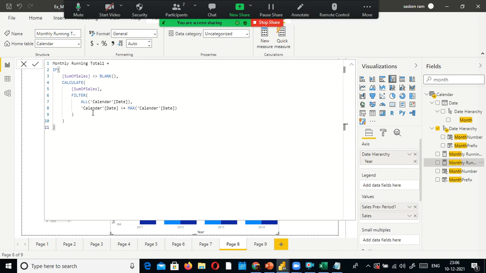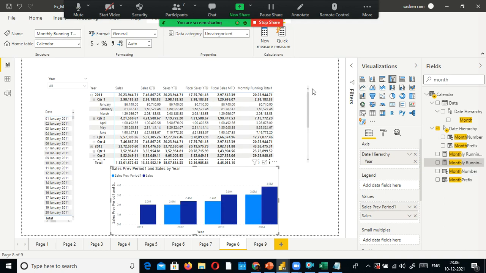So what we are doing is iterating, starting from the first date till the current date, and then we are computing the sum of sales. For this we are computing the sum of sales. Okay, that's all. For each and every quarter, based on which it automatically applies the filter, and then it gives us the cumulative total. That is how you need to compute the cumulative total.